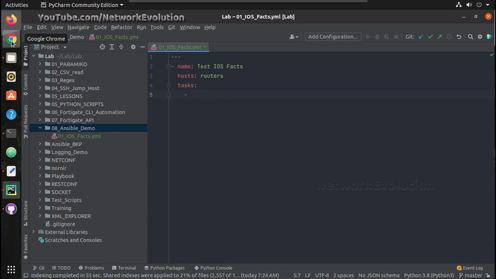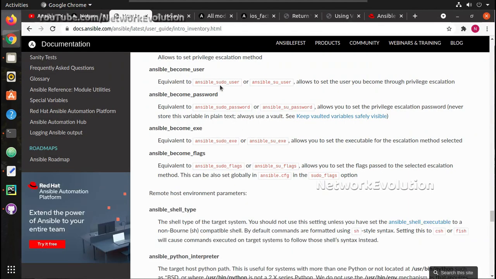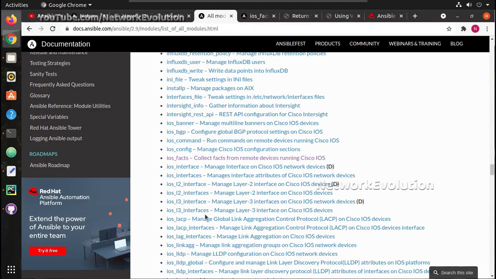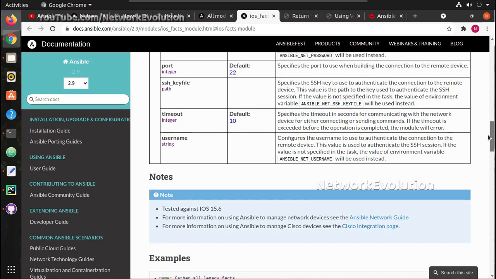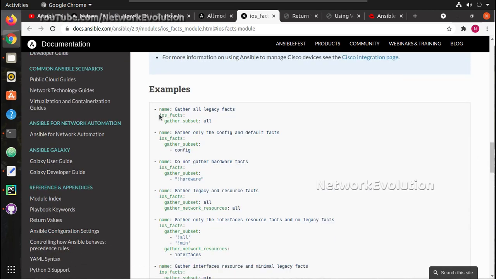You can see, let us have a look into one of the modules. So you can see all the modules here. From here we'll be opening iOS facts, and inside iOS facts you can see some examples. Like first thing what we need to do is, for each task we can give a name, or we can even directly give the module. We'll see those. Now we'll give a name and other options.